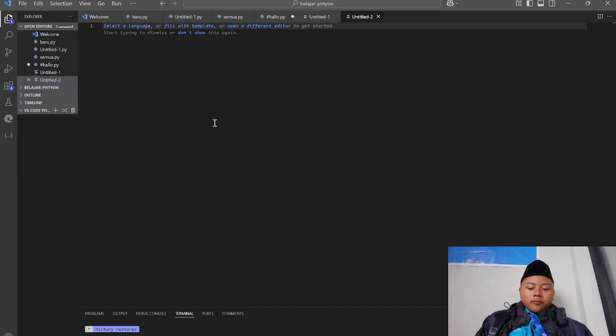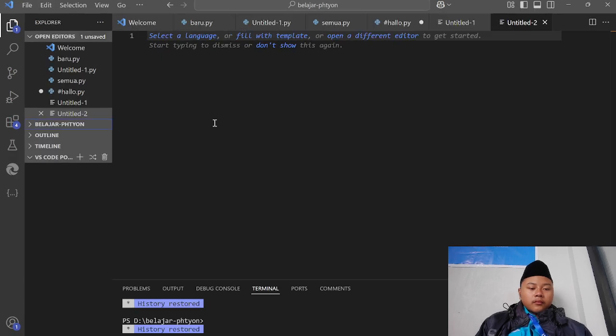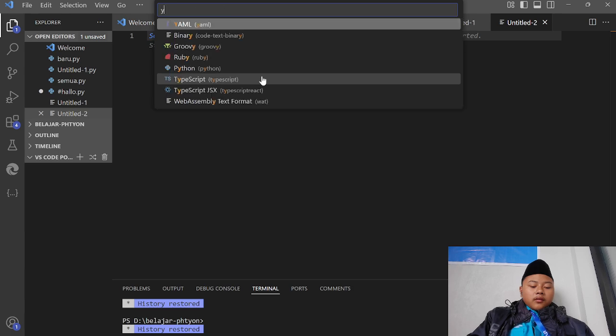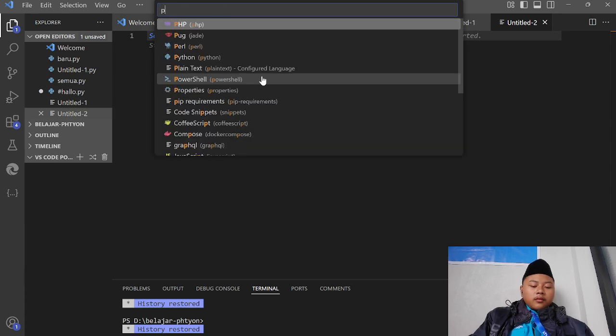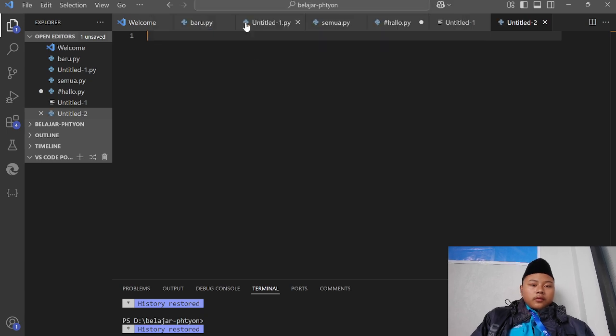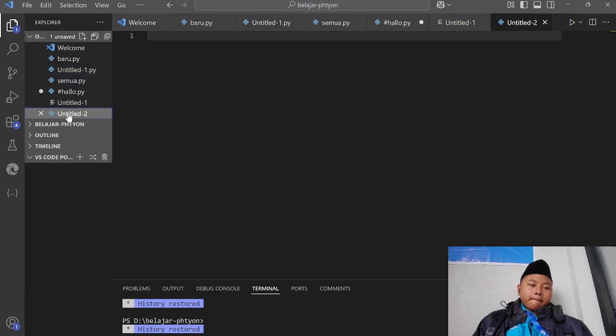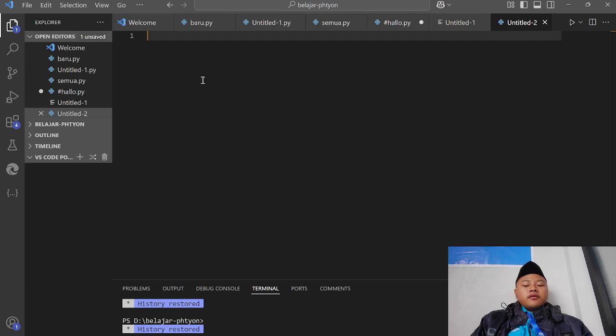You may not see it. Here, click this, open a different editor, auto show. Please select this language, then click Python. Here, Python is easy